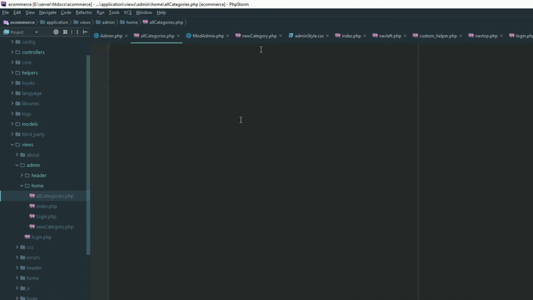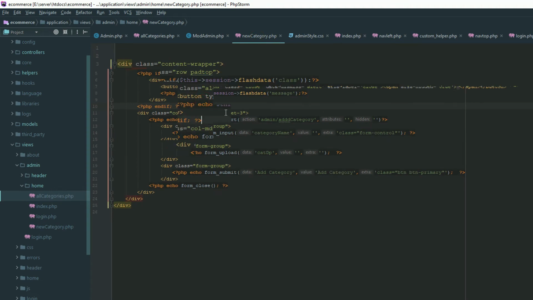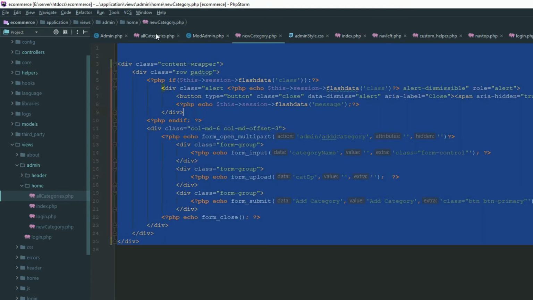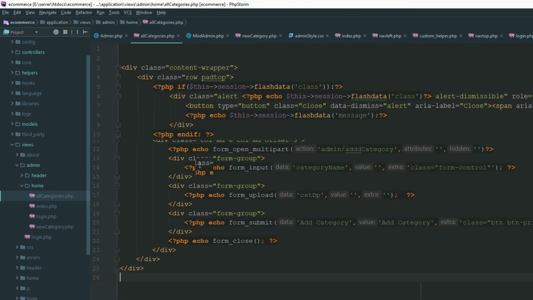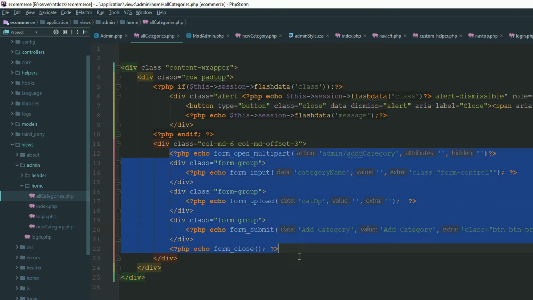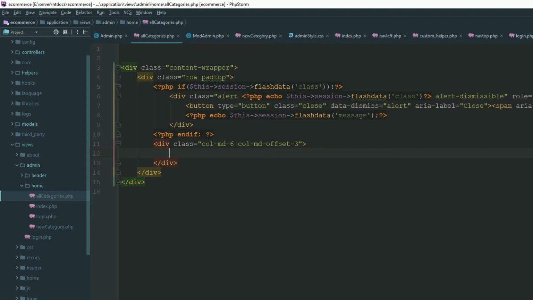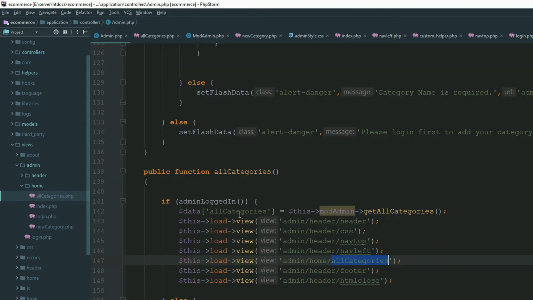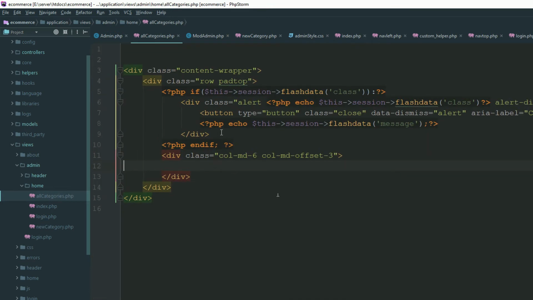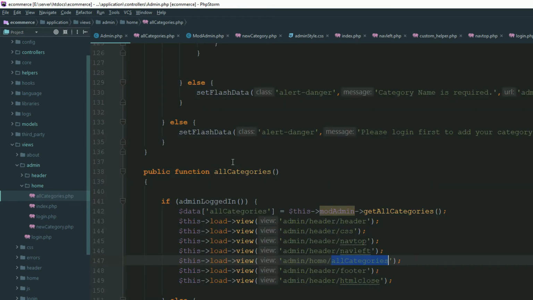Okay, now copy this bad boy and paste this bad boy here. First of all, we need to add all of our, okay, here is your, we have created a wrapper which is for the admin panel, and this is the row and this is the columns. First of all, okay, so we have a single column, and now we are